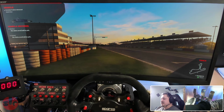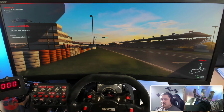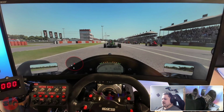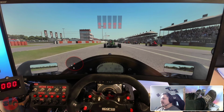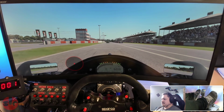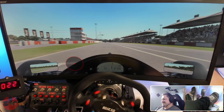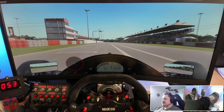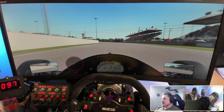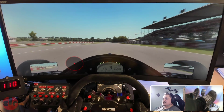Drop your comments, let me know what you think about the beta, if you've been playing it, or if you've been following my videos. Let me know if you're going to buy it. I think it's worth it. I'm enjoying it. What puts you off might be me not being able to drive, but this is a shifter cart. And if there are reasons why you're being put off, such as some of the tracks,